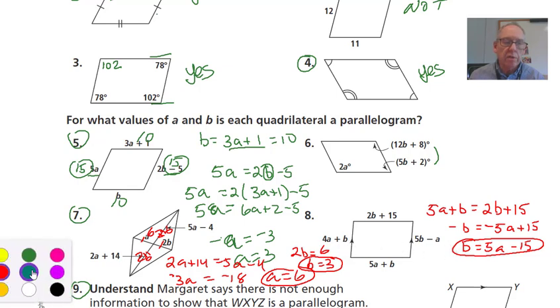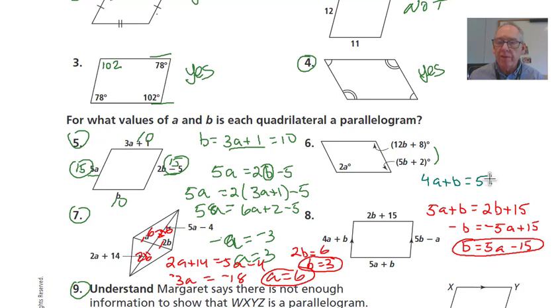Let me change colors. So for these two sides to be congruent, we would have 4a plus b equal 5b minus a. But b is the same as 5a minus 15, so I'm going to substitute that in. So we have 4a plus b, which is 5a minus 15, is equal to 5b. Okay, so 5 times b is going to be 25a minus 75, and then we have minus a. Okay, so let's simplify that. 9a minus 15 is equal to